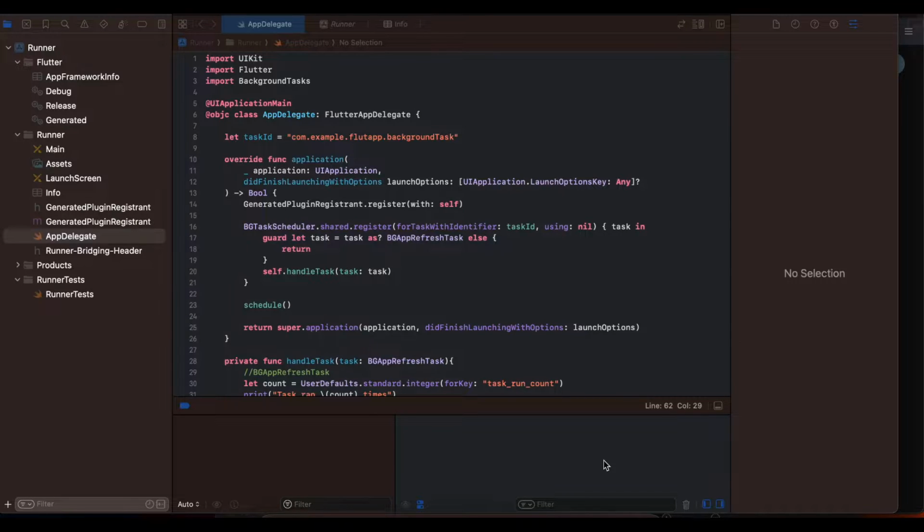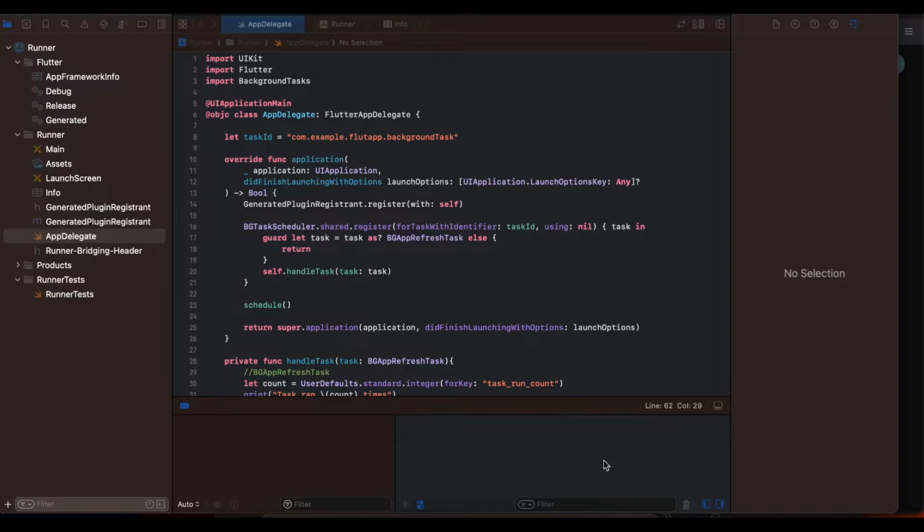To the next video. In today's video I will show you how to run background operations inside your Flutter app for iOS. I have already made a video on this for Flutter Android, so this is for Flutter iOS. Now what I mean by background operations is that suppose your app is not in the foreground, it is not even in the background, it is completely dismissed by the user,